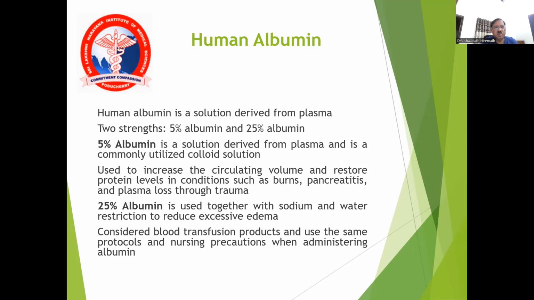Example, human albumin. Human albumin is a solution derived from plasma, available in 2%, 5% and 25%. 5% albumin is used to increase the circulatory volume and restore the protein level in conditions such as burns, pancreatitis, plasma loss through trauma. 25% albumin is used